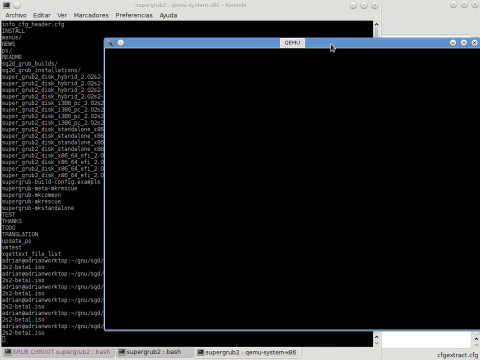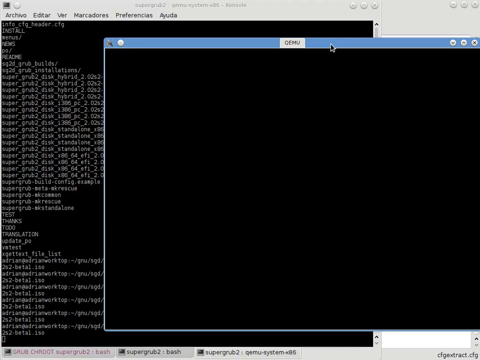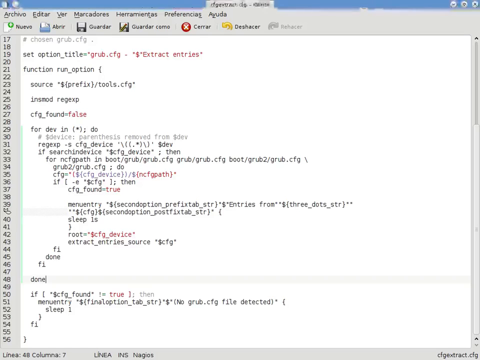If I choose this one, yeah, that might explain why I did not understand the code, because this entries from many entries is actually just doing a slip, but it's not